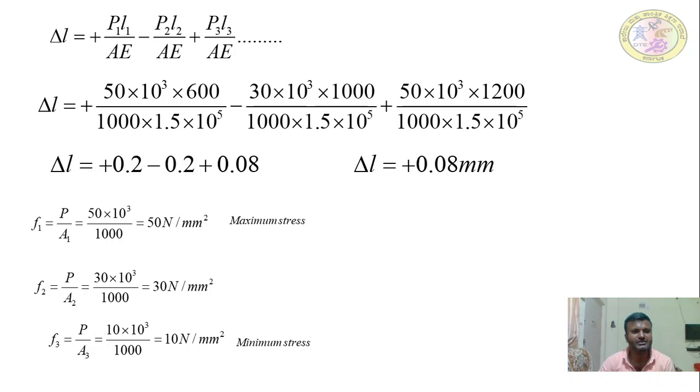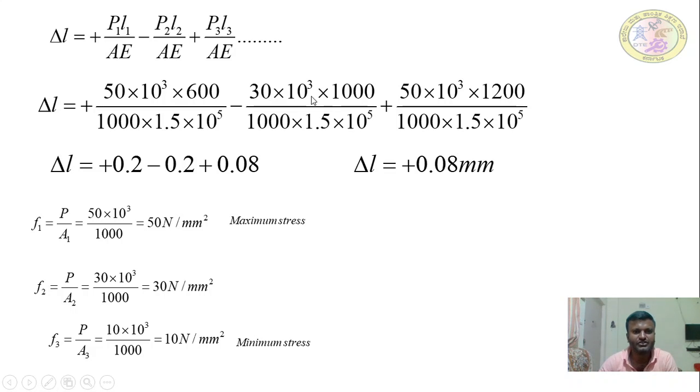We are using the Newton and millimeter sign convention for all the units. So that's why here it is 50 into 10 to the power of 3 and 600 mm, instead of 0.6 meter, we are writing it as 600 mm, divided by A, 1000 mm square, into E, which is 1.5 into 10 to the power of 5 Newton per mm square. Minus P2